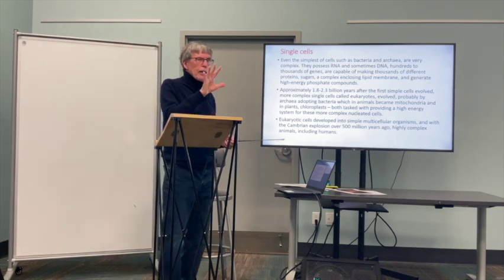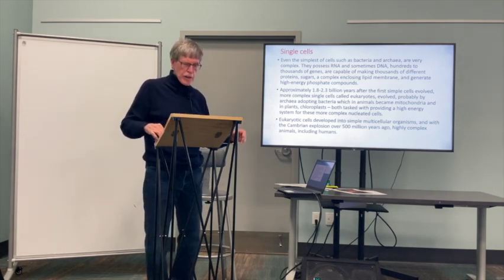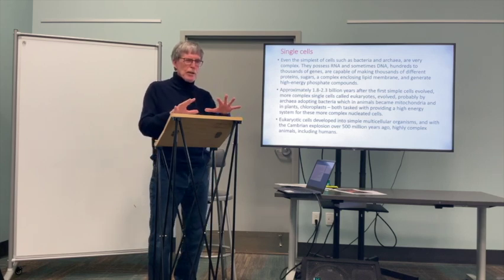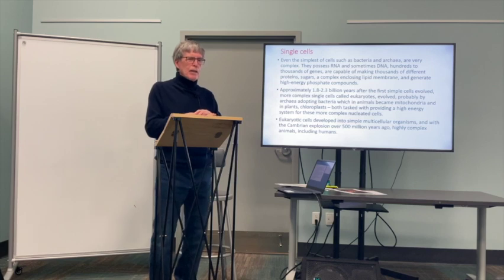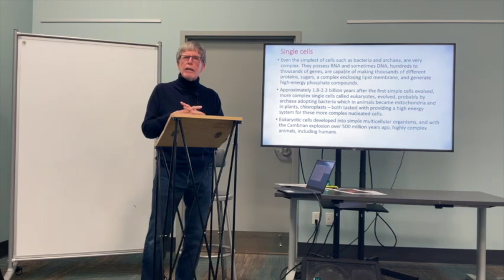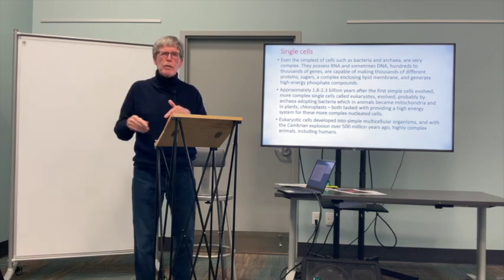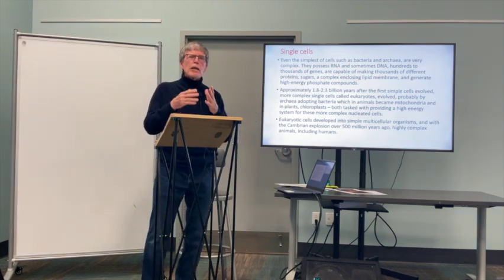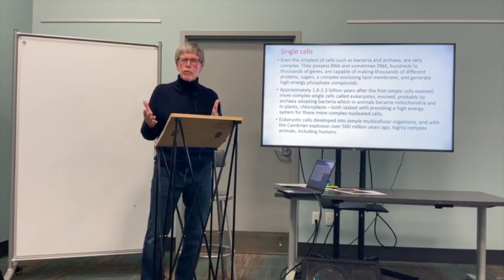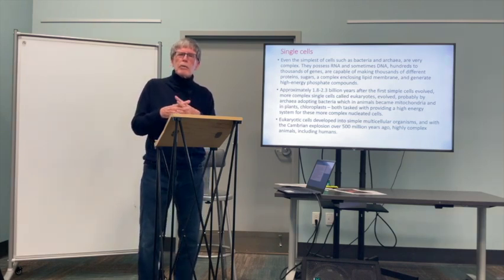Those eukaryotic cells, those more complex cells, developed into simple multicellular organisms. Initially, it was just a congregation of these cells living together in a commune, so to speak, with no more attachment than that. And then they differentiated. Some of them became specialized to do this job, and others other jobs. So now you get an increasingly complex, integrated biological system of cells, with some of them having very different jobs